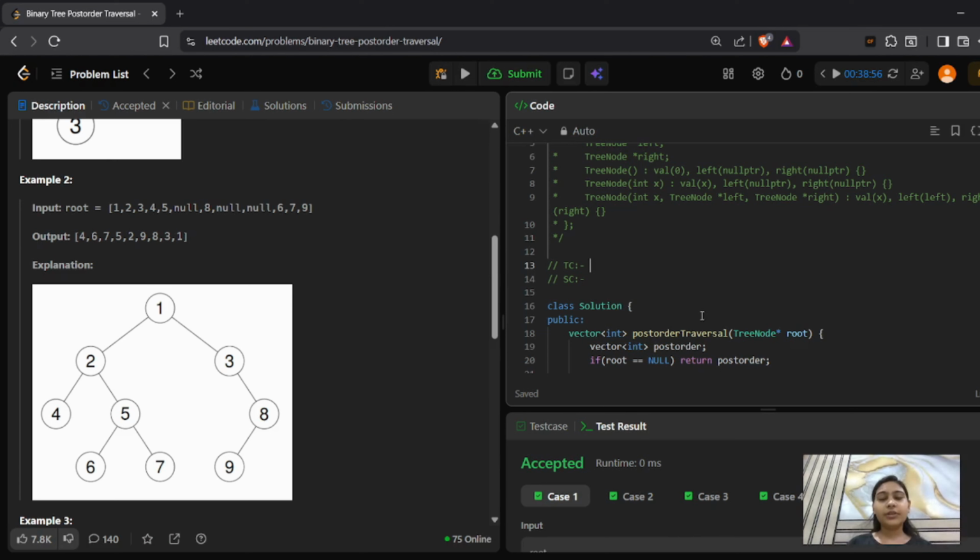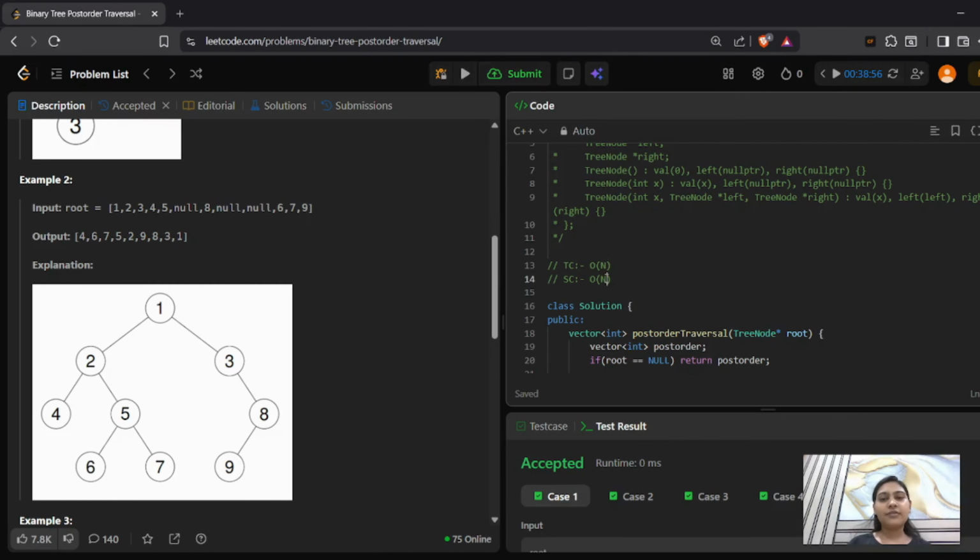Talking about the time complexity and the space complexity of this problem. First, the time complexity. We require constant time to push or pop any element from the stack. If we have n elements, we are doing this constant operation for all the elements, so the time complexity will be O of n. Talking about the space complexity, we are requiring two stacks, and in stack 2 you can see that before popping we need to store all the n elements into a stack. So the space required will be O of n.